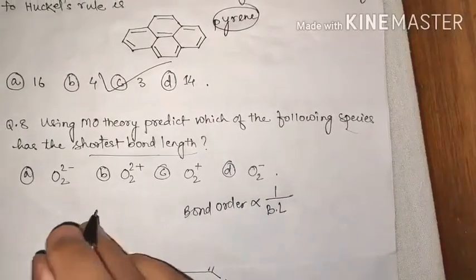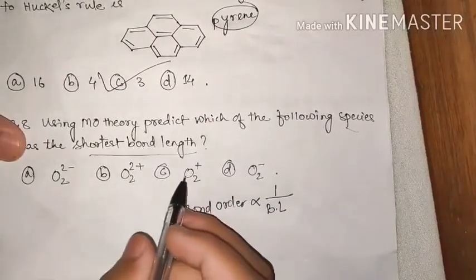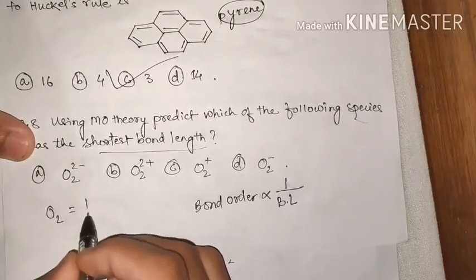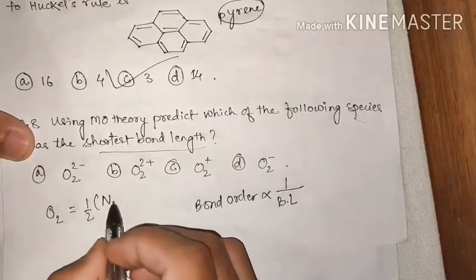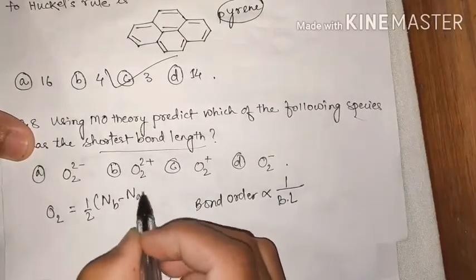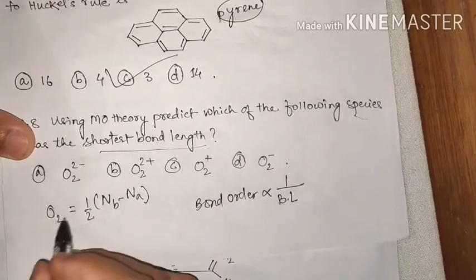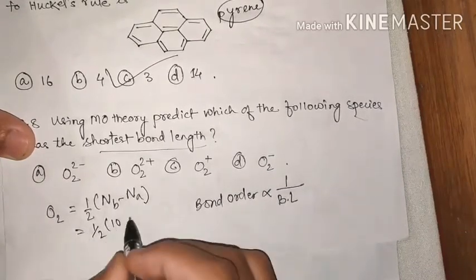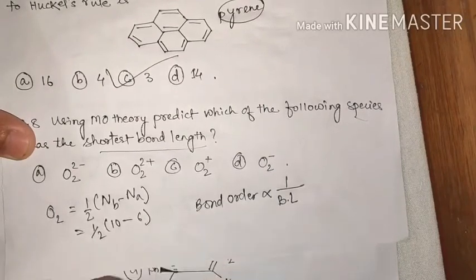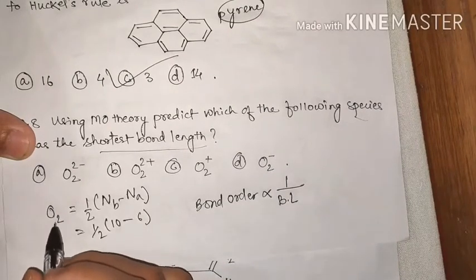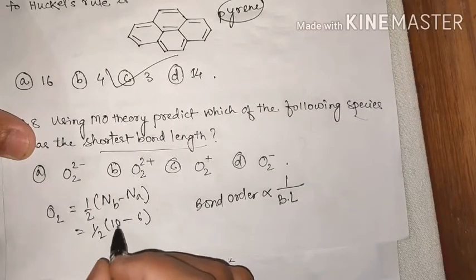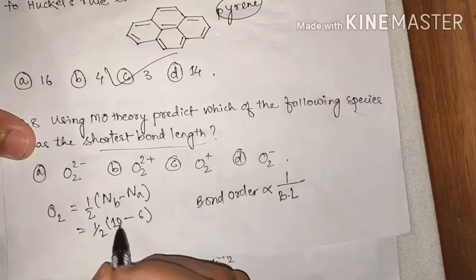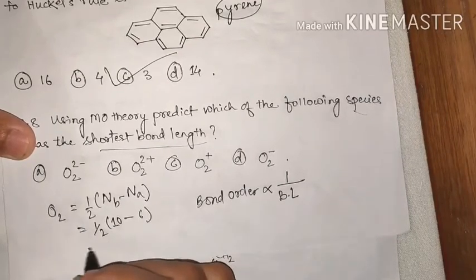So for this oxygen species, the bond order for O2 is given by half of the number of bonding electrons minus the number of anti-bonding electrons. In O2, the number of bonding electrons is 10 and the number of anti-bonding electrons is 6, because O2 means 8 plus 8, 16. Out of this 16, 10 is bonding and 6 is anti-bonding. So it will give us